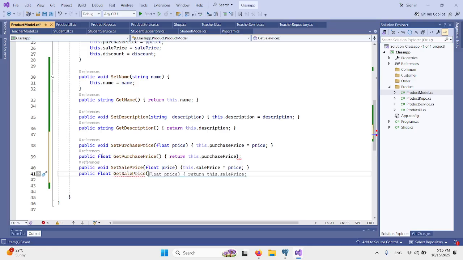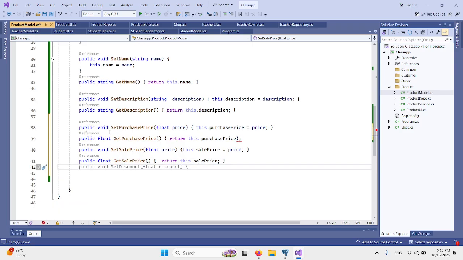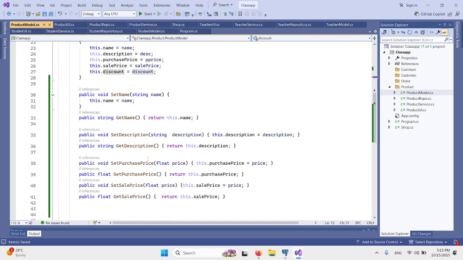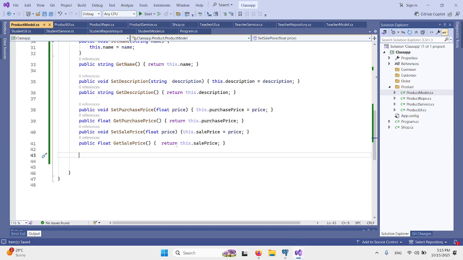Why are we writing so much code here? Because we are following convention and standardization. Yes, this will all benefit you in future, inshallah. Okay, we are just left with the discount. For discount, we are not going to set it. We will only provide the getter for that. No setter, just a getter, because we don't want to display the discount amount, but the price after discount.